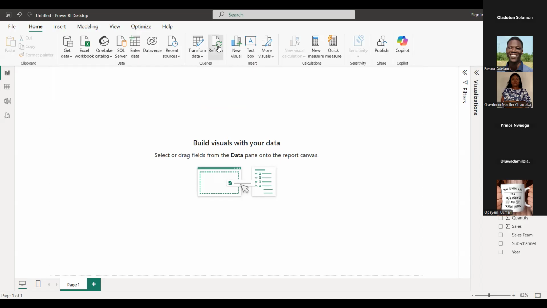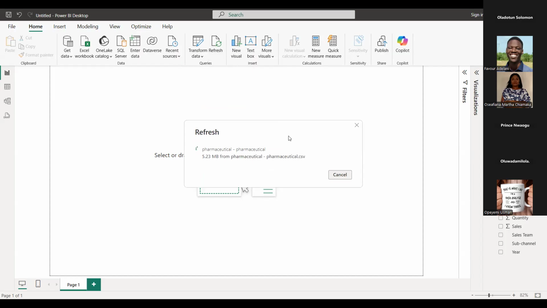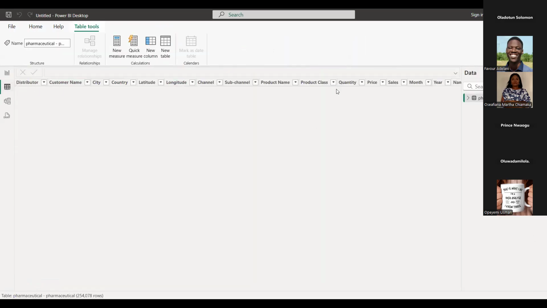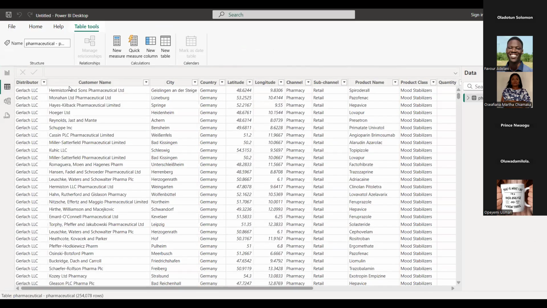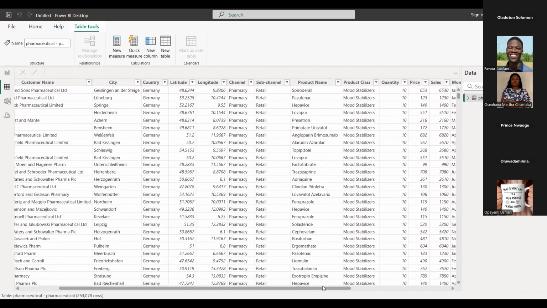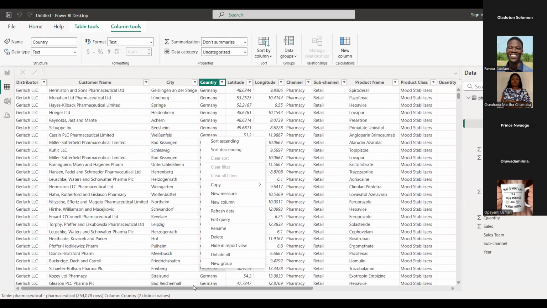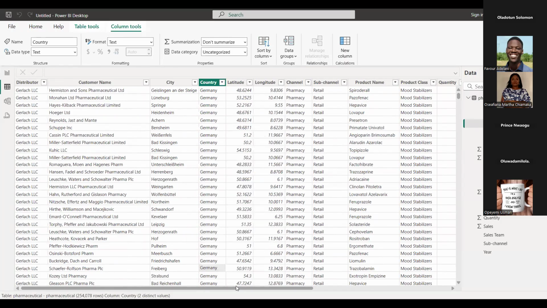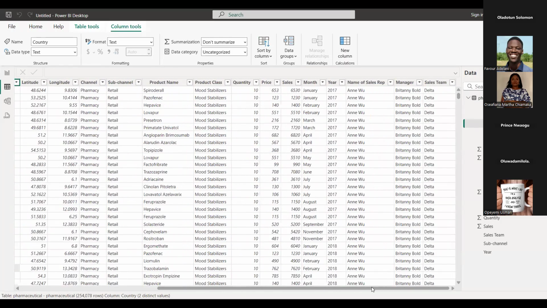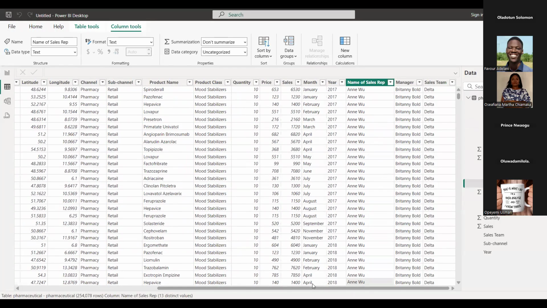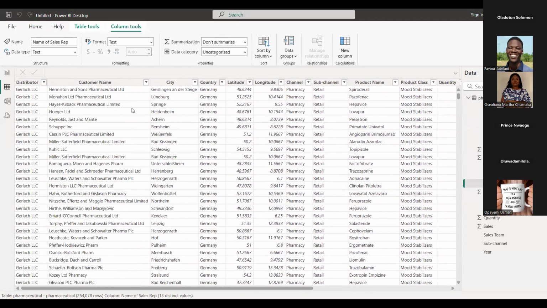If there's any change you make on your data that is not reflecting, you can always refresh. The data set will refresh. And there you go. Now, I said before that the table view would give you a spreadsheet view of your data set. Please note, the table view is not Power Query. Are we together? The table view is not Power Query.